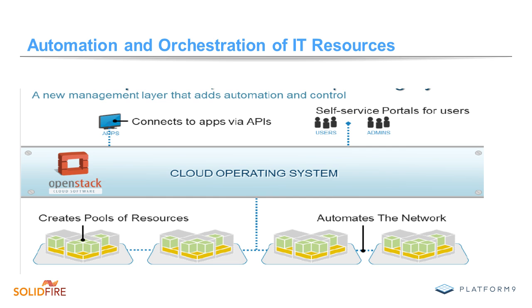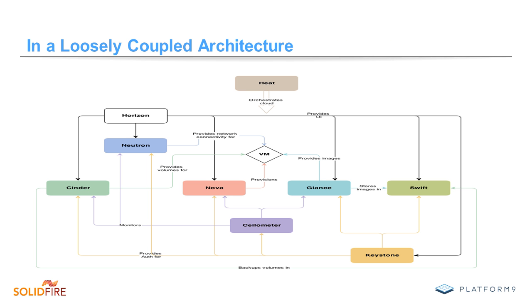And it does that by pulling together various what we call open source projects. Each project is related to a specific aspect of cloud computing. For example, Neutron is a project that brings together various networking technologies and applies them to a cloud platform. Nova is a technology that works with various compute technologies like hypervisors and containers.